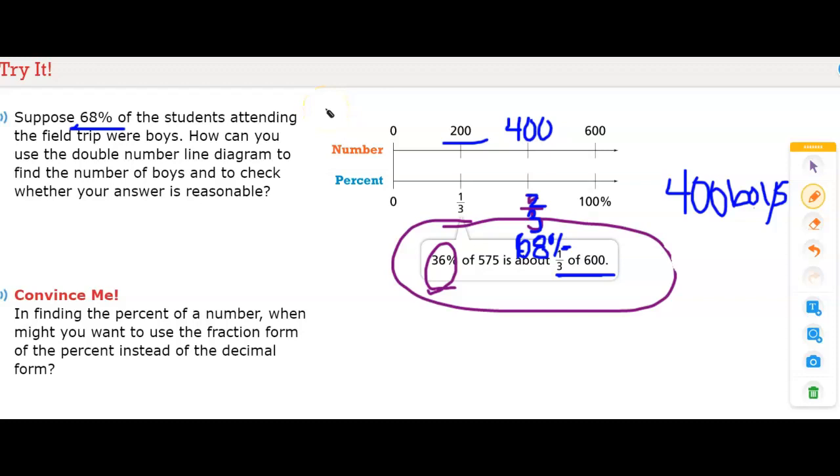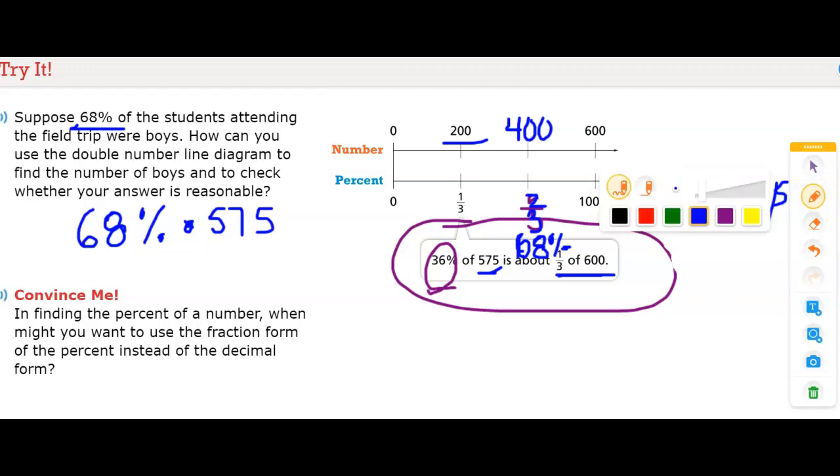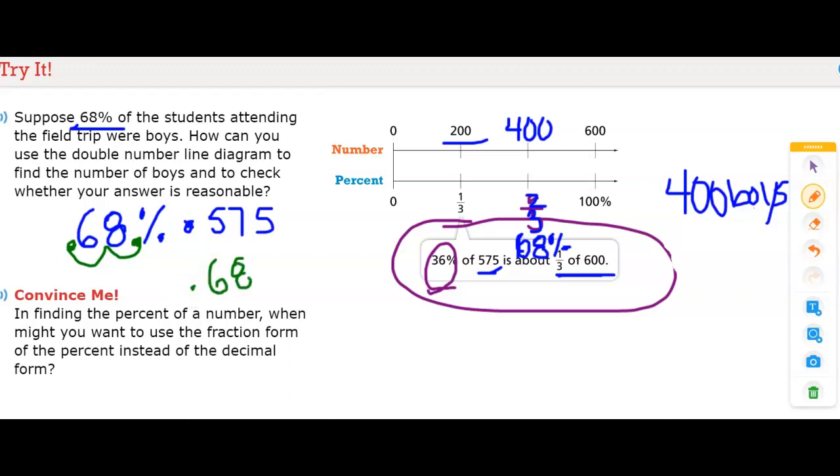So the exact number of students was 575. So then you would have to take the 68% and multiply that by the 575, and that will tell you the exact number of boys that were on this field trip. Before you do this, you can use a calculator. You can change 68% to a decimal first. So you have this invisible decimal here that you move over 2 spaces to the left. And so now you have decimal 0.68 times 575, and you would put that in your calculator and get your exact answer